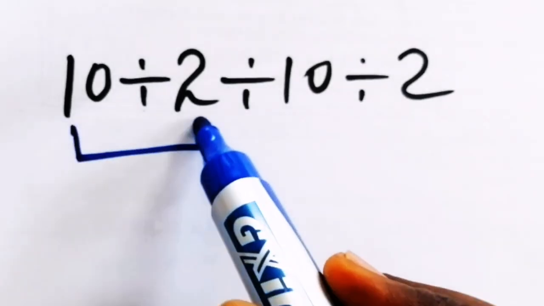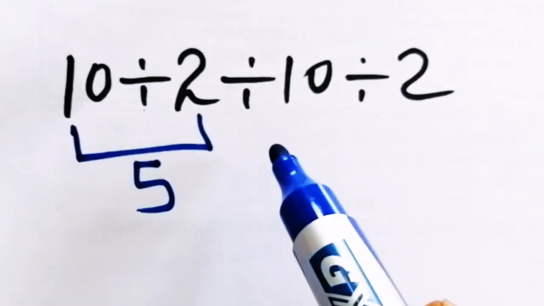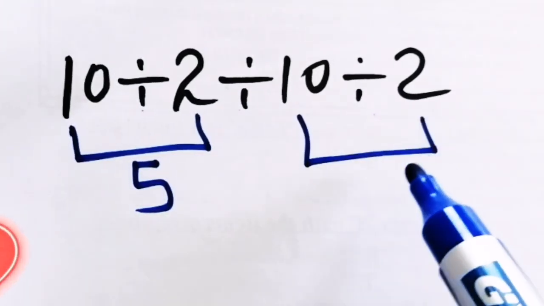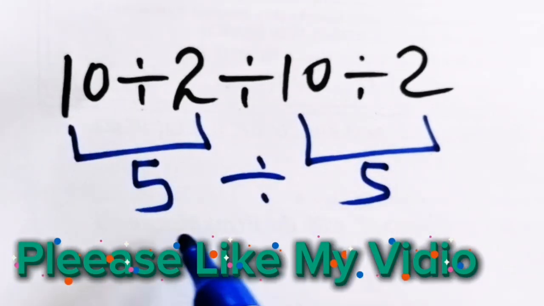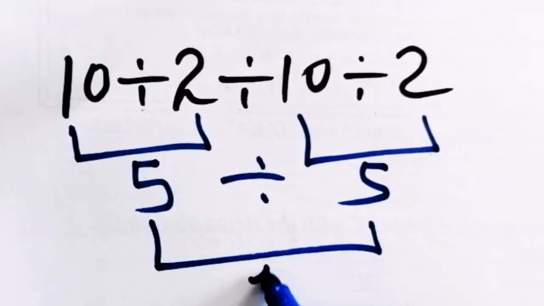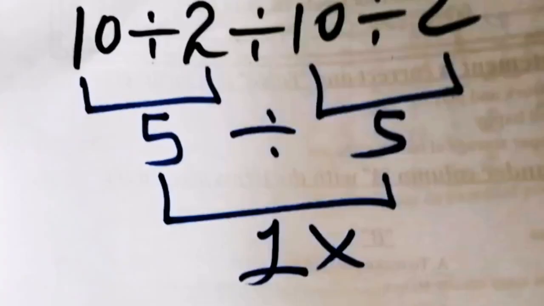10 divided by 2 is just 5, and 10 divided by 2 equals 5. Then 5 divided by 5 equals 1. But this answer is not correct,